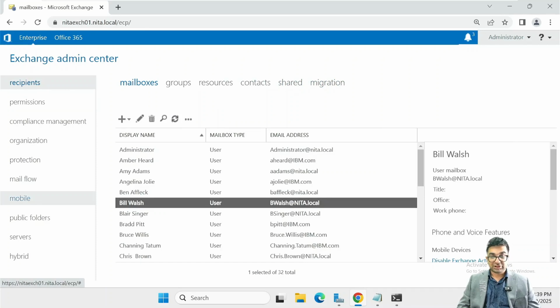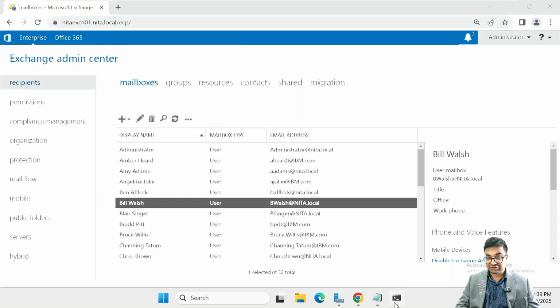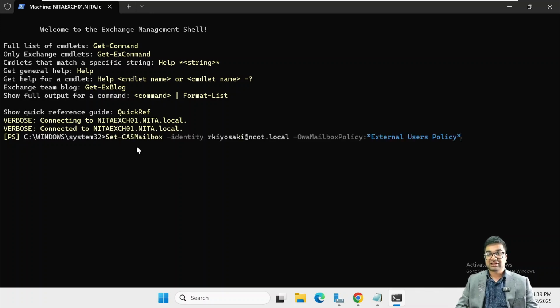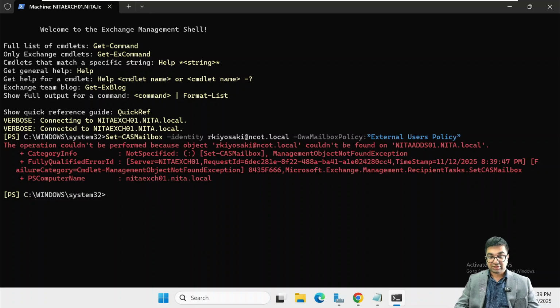Now, similarly, we can do this through the Exchange Management Shell as well. So first things first, I'm going to go to my Exchange Management Shell here. And under this, I'm going to run the command set CAS mailbox. And this one will be for Robert Kiyosaki though. Set client access server mailbox or client access service mailbox for this identity, R Kiyosaki, and set the OWA mailbox policy, external users policy. Now,